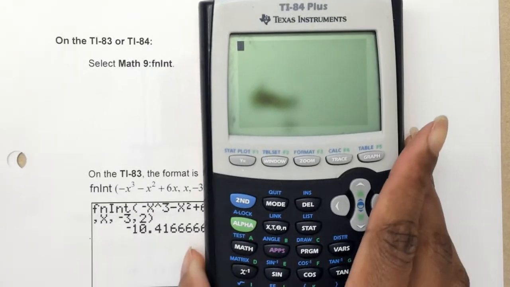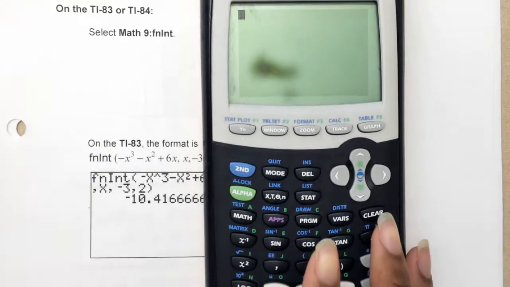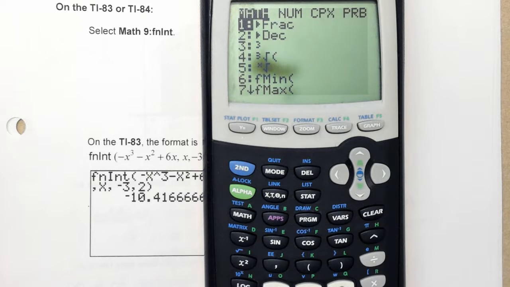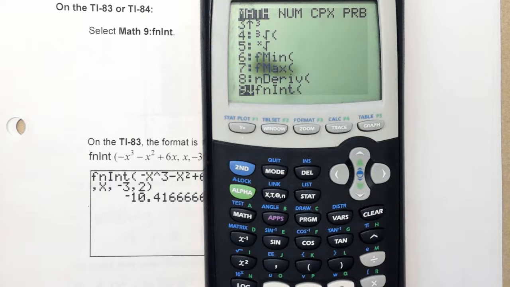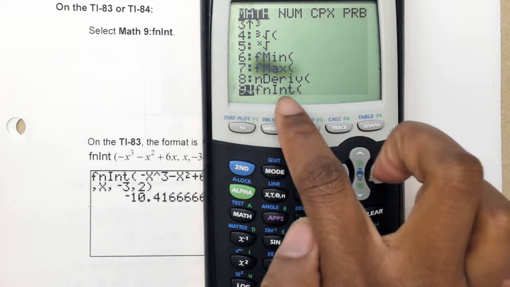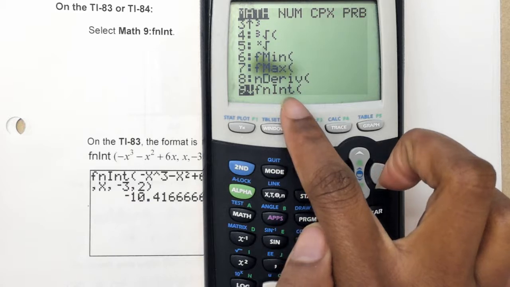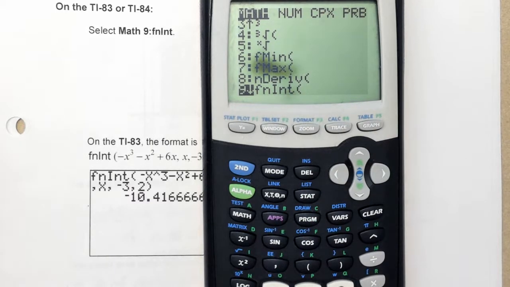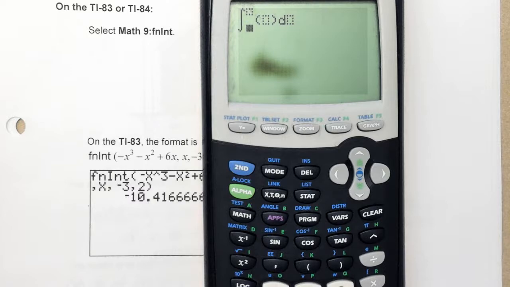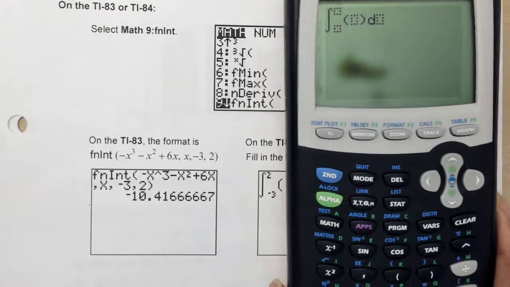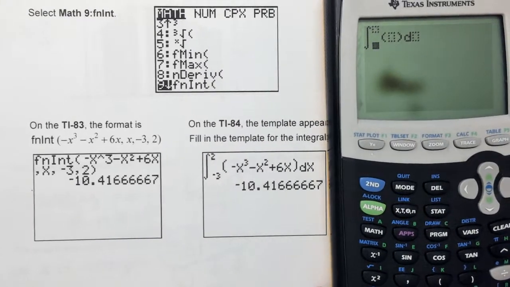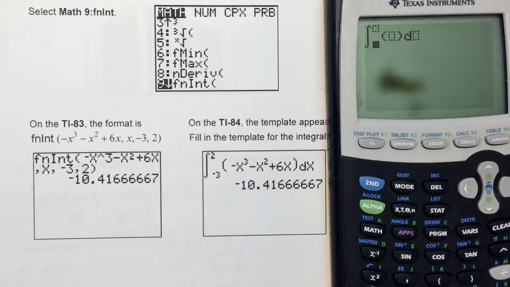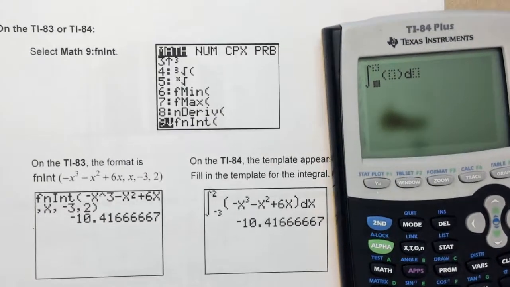you want to select math, and then we want to go all the way down until we see function integral. That's what the FNINT stands for. So we want function integral, okay? And then what you're going to put in depends on what calculator you have. I have a TI-84, but if you have a TI-83, you'll type in this. But for a TI-84,